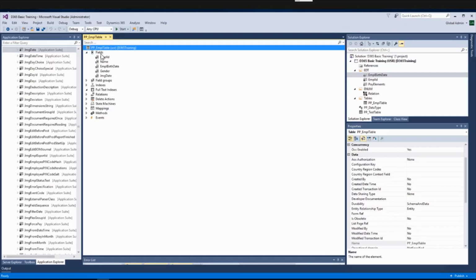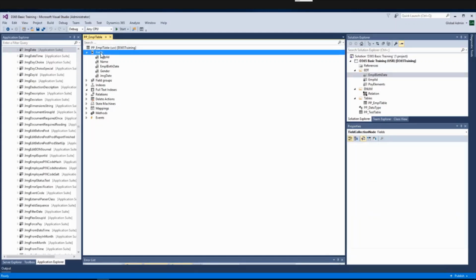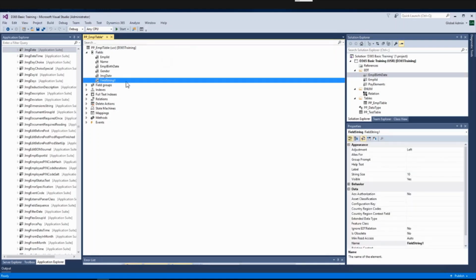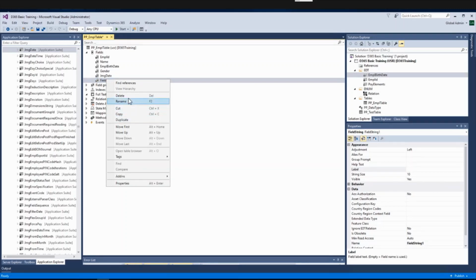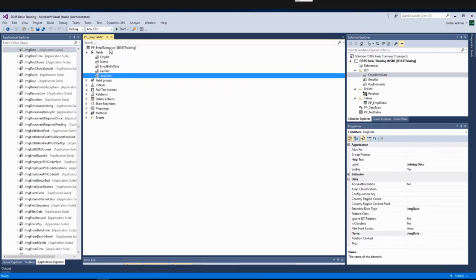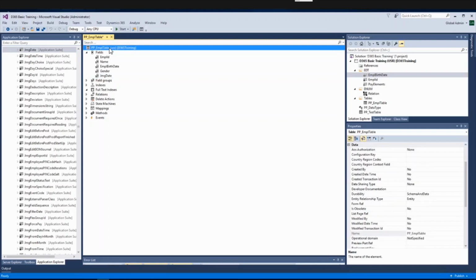Our table is created. Now there is another way of creating the fields also. Right now we have seen by dragging and dropping our existing EDTs and enums into our field section. Also you can create directly, right click new. So we can select here primitive data types, whatever we want, and we have composite types and container also. So if you want string type, you can add it here and a string field will be created. You can label it whatever you want, you can name it, and if you want to delete it, we can just right click and delete. So it's very easy to create the table structure.